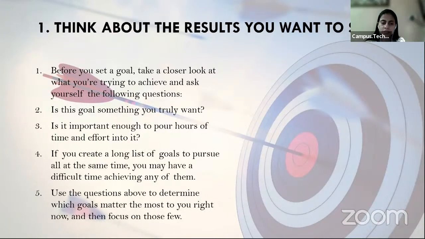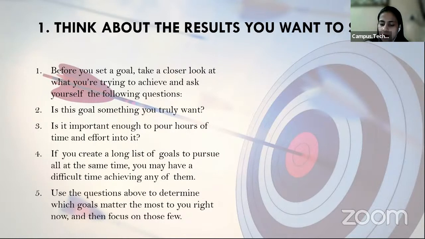Now, when you get the answer to this question, next you have to check how many goals you are working on together. For example, you have set 10 different goals for yourself. Is it really practically possible to achieve all those 10 different goals all together? Can you achieve all those different goals all together? No. I'm not saying that there should be only one goal, but you need to decide on the priority, which goal is the topmost priority, which goal you should achieve first.